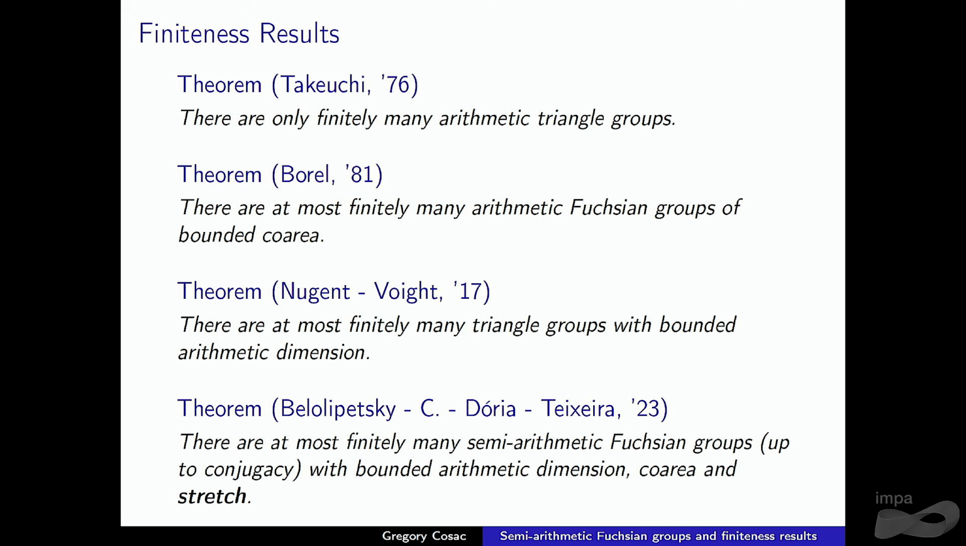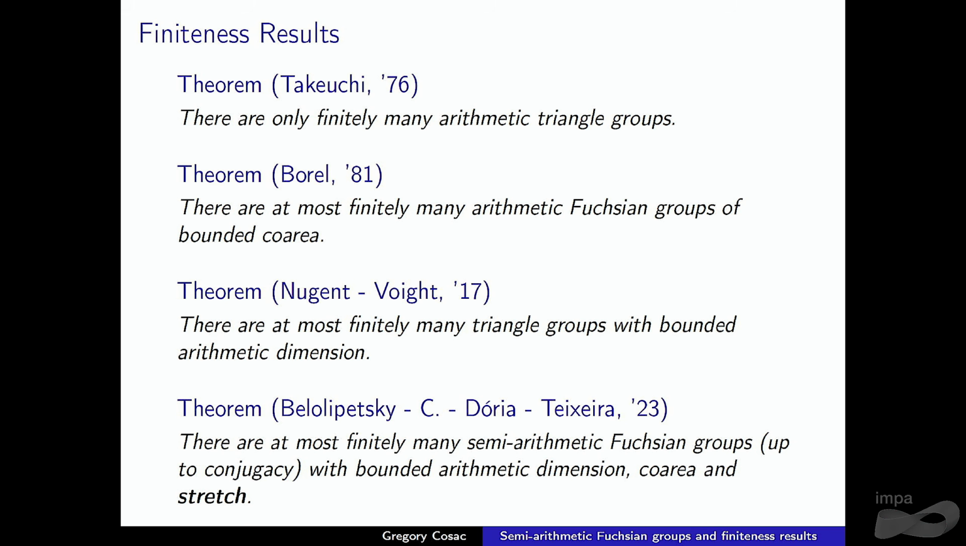And it isn't. You can find infinitely many non-commensurable semi-arithmetic groups having the same co-area, the same arithmetic dimension. It's also a construction with a dry rectangle that I showed earlier. And this proves that you need to bound something else here. And in an attempt to generalize that,